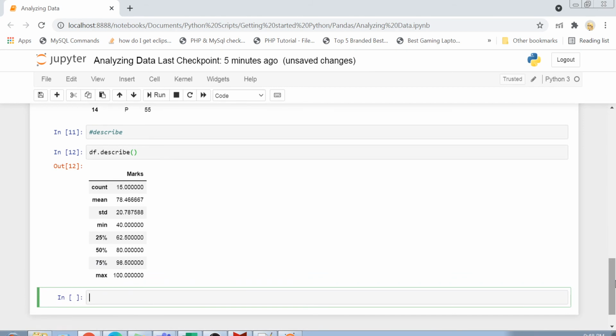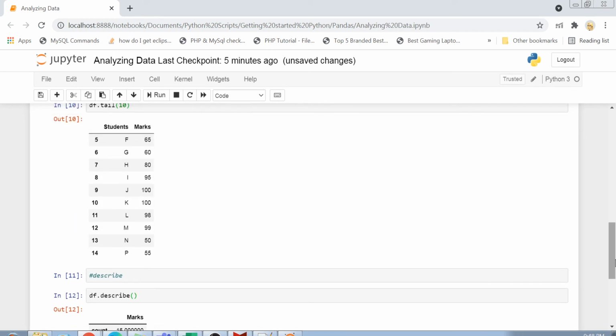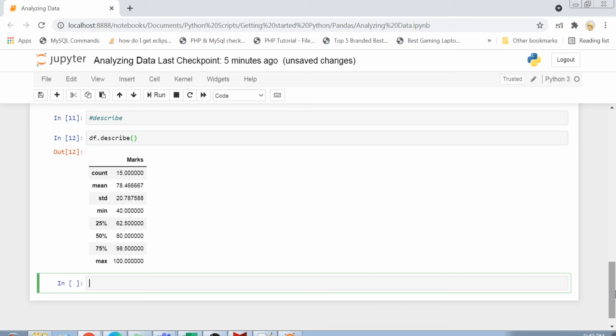In our data frame we have two things: students, which is string or object data, and marks, which is numerical data. Most of the time we are working with numerical data. We want to plot some charts, and we want to see the mean, median, and all these statistics. If you just do df.describe, that function gives out all the numerical columns and their statistics to you.